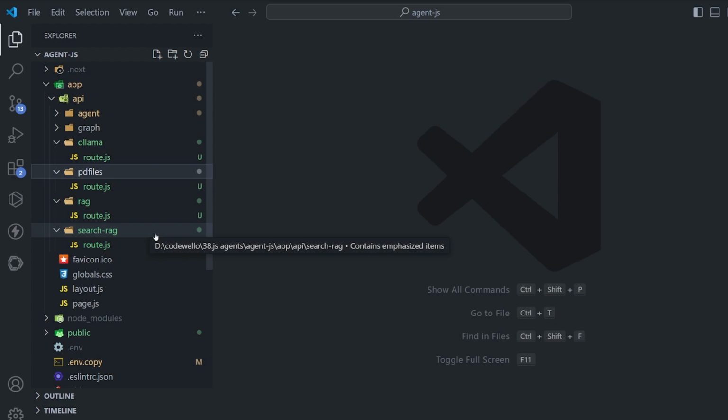And each one has a route.js file inside it. You don't have to follow me in terms of coding. I'm going to leave you the entire code in a repo, and you'll find the link in the description. So you don't have to worry about coding anything. You just have to go to the repo, copy the code, or learn from it, or install it and use it